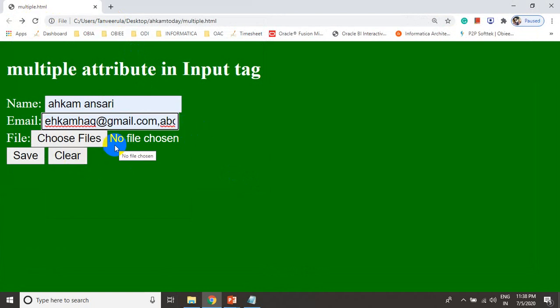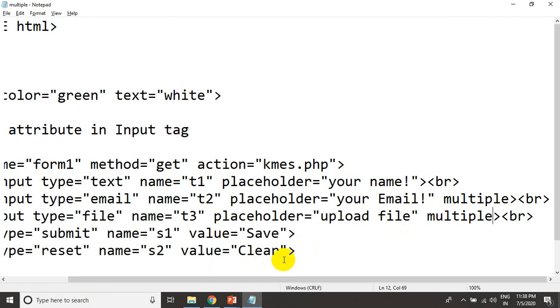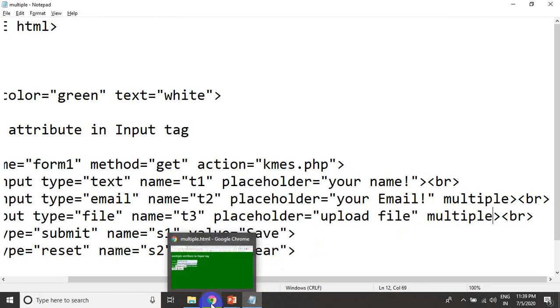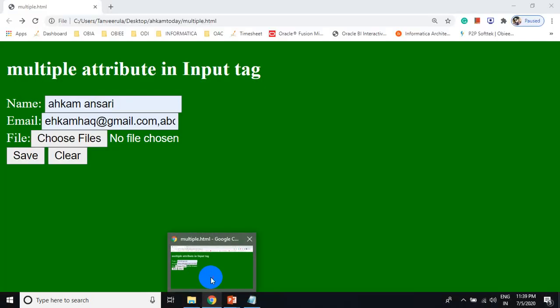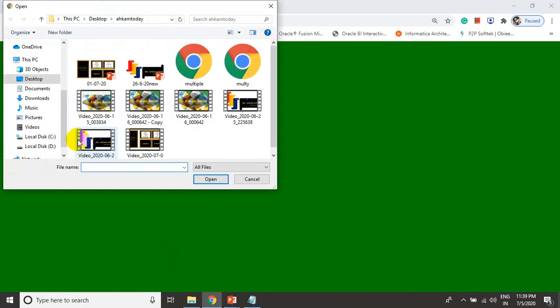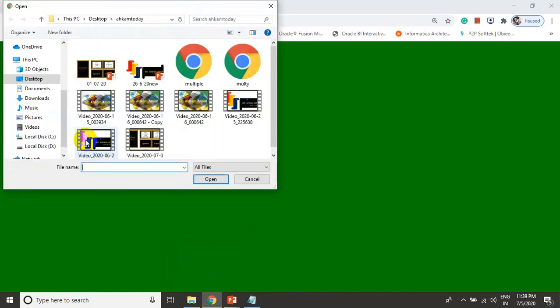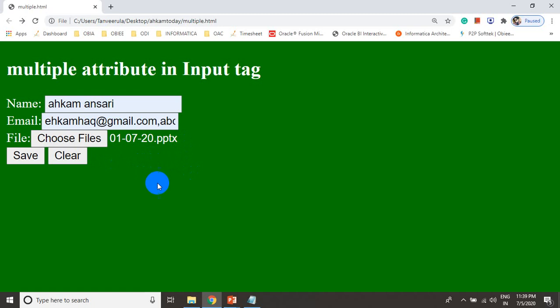Now initially, when I had not used the multiple attribute, when I went back to my browser and clicked on choose file, and selected one, that is multi, and clicked OK, multi was added. Again, when I use this file, this file will be added.